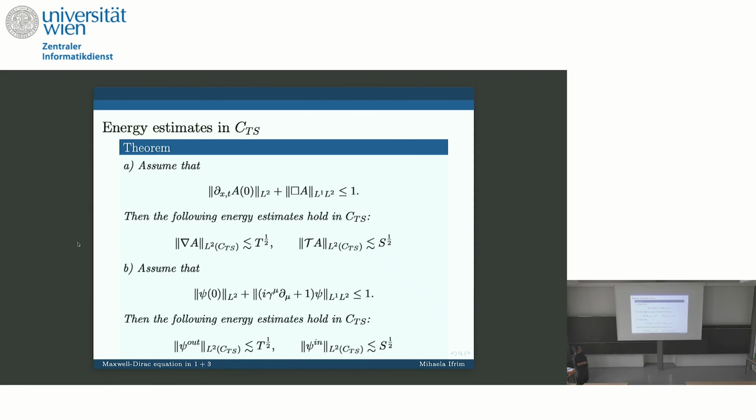Then we get the following estimates holding on the CTSs that I showed you. First, the normal derivative, the gradient of A in this CTS, is bounded by T to the 1 half, and the tangential derivative is better. It's bounded by S to the power 1 half. This kind of analysis gives you more control on the electromagnetic potential. It tells you there is a portion of the electromagnetic potential that behaves better, decays better, and one that doesn't. That's essential when you later write down the